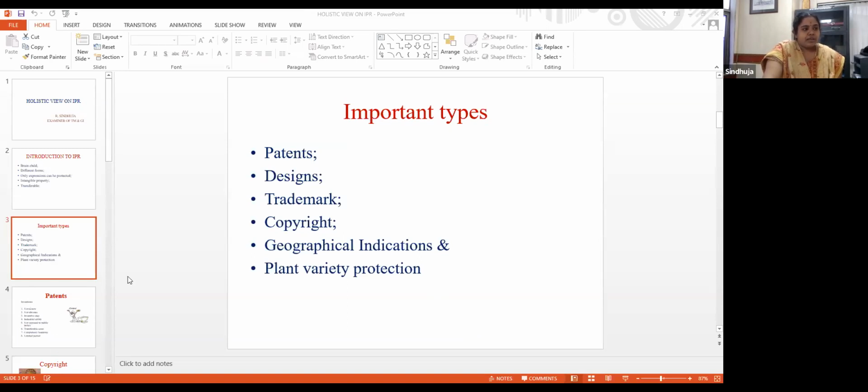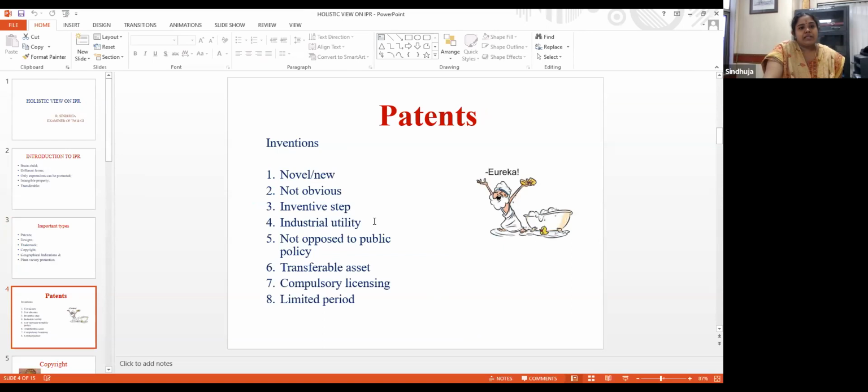What would you call a patent? You can see from this next slide that it is something that you really invented, not discovered, right? So it has to qualify certain characteristics, starting with that it is novel and new, that is, it does not exist prior in the market. You would have heard about the term prior art. There may be a prior art. If there is a prior art about the same product, there has to be an inventive step, real development in that. And there is a word called industrial utility. You cannot just say that you have invented something really new, but it cannot be called a valid patent unless it serves an industrial utility solution like that.